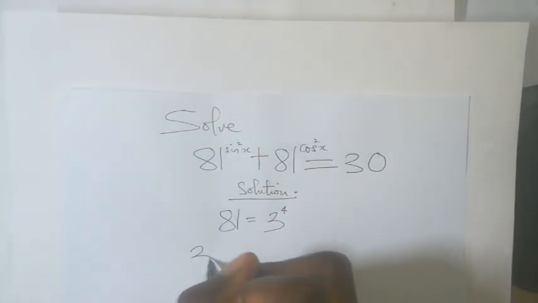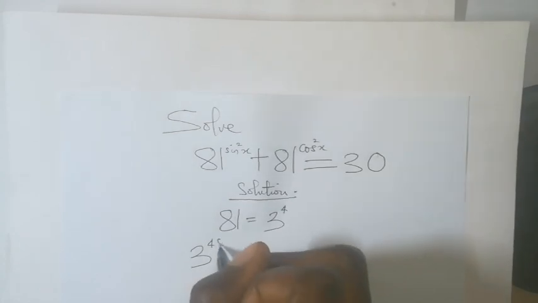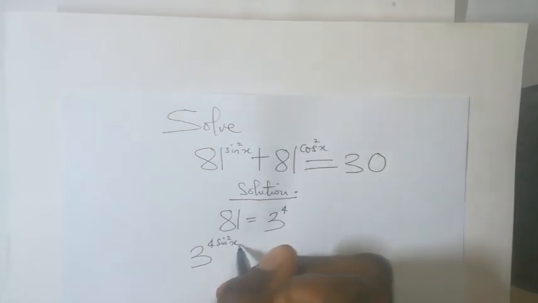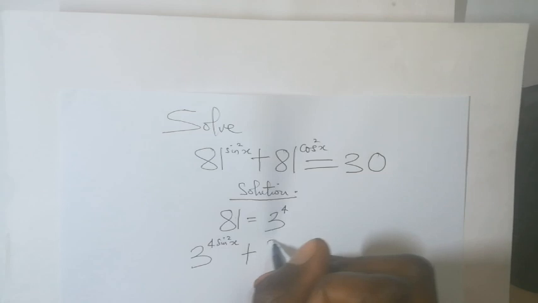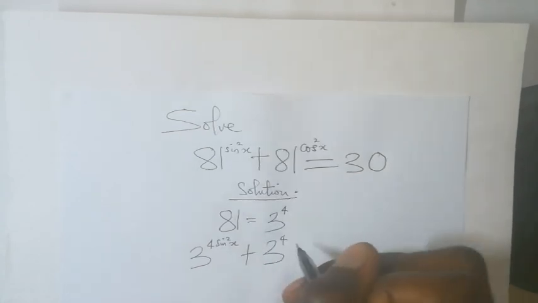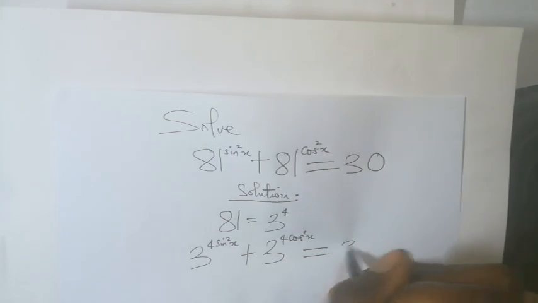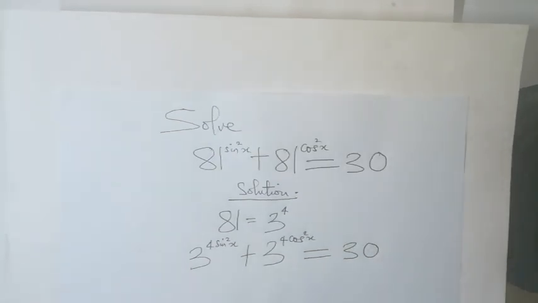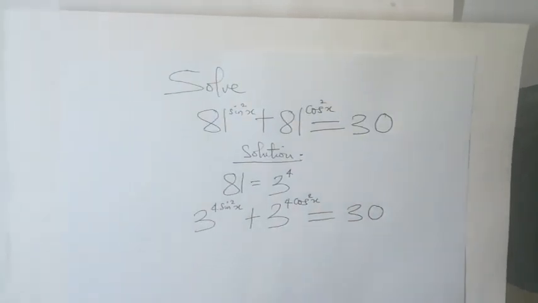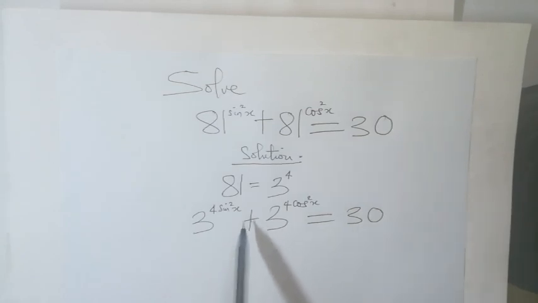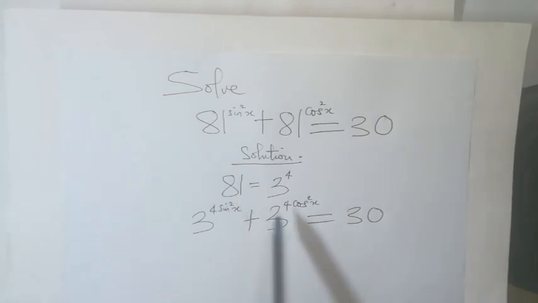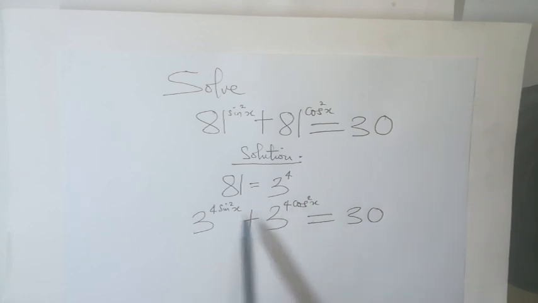We now have 3 to the power of 4 sine square x plus what? 3 to the power of 4 cos square x is equal to 30. So as you can see, I have two options. It's either I make sure that they all become sine x or cos x, and we know that